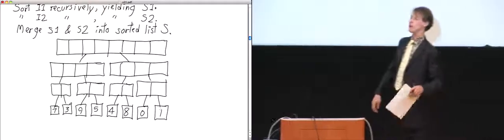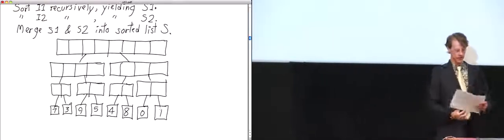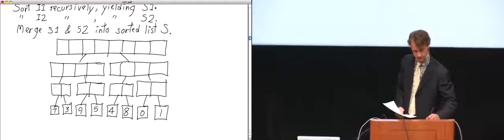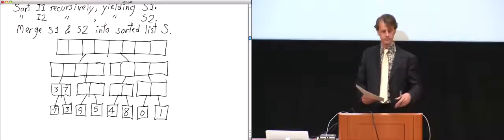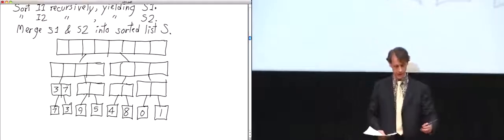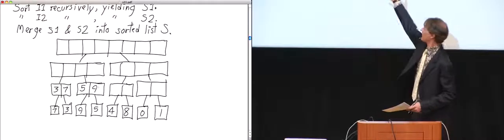What happens? Well, after we get down to the bottom of the recursion here, we go up a level and we merge this list 7 with this list 3, using that selection sort that I showed you. And so now we have a merged list 3 and 7. The same thing happens here. I'm going to merge these 2 lists, and that'll give me a sorted list 5, 9. I backtrack up 1 level, and now I can merge the list 3, 7 with the list 5, 9.